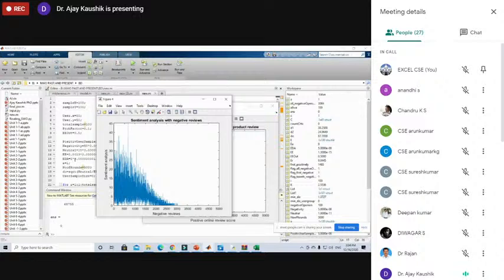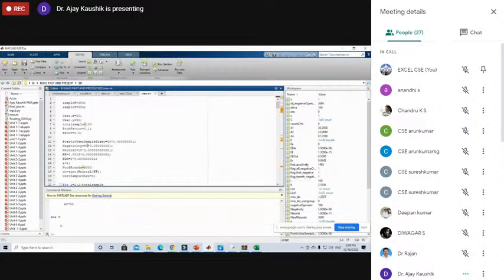So this is the code that I wrote, and I linked that code with some Excel data imported from the Amazon website. And based on that imported data or information from Amazon, I calculated the sentiment analysis of the users. So what this particular thing shows is that, in this entire process,